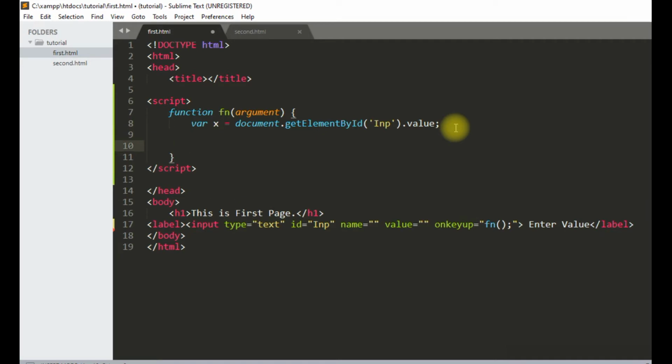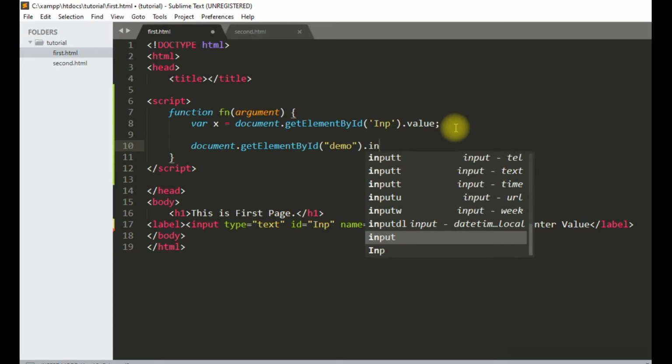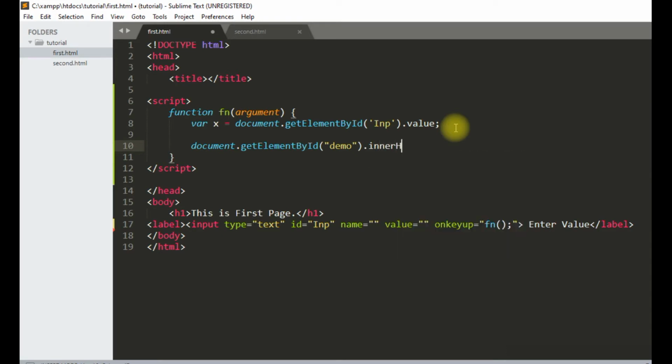Now just to check this working properly or not, we will do one thing. We will display the value of whatever we are getting in another HTML element.